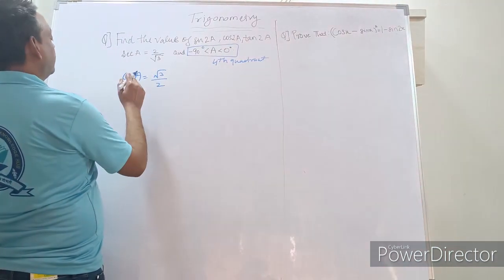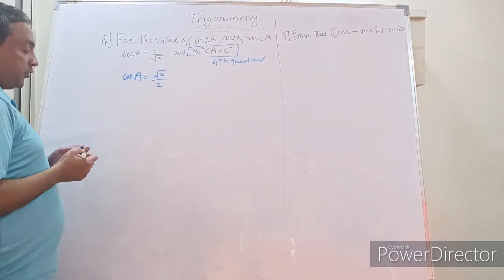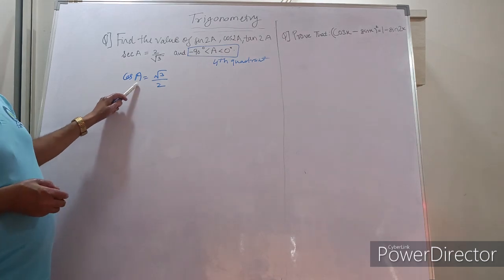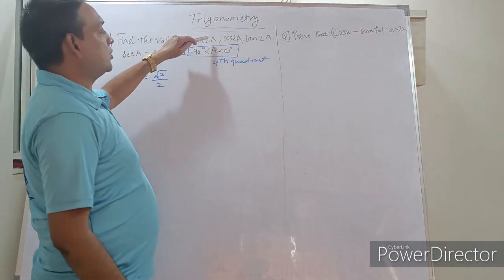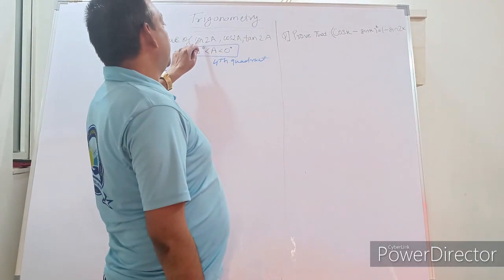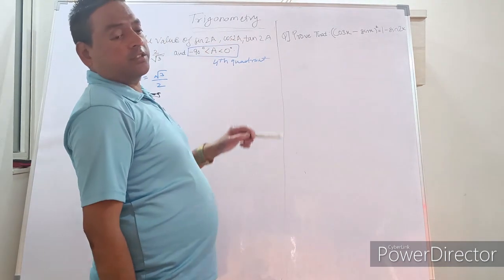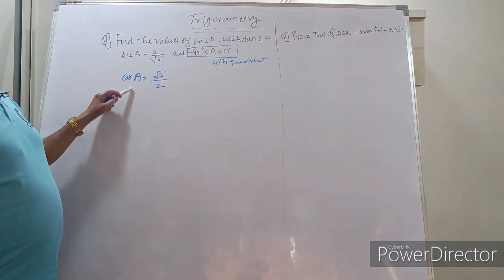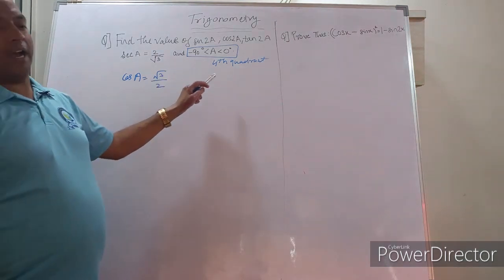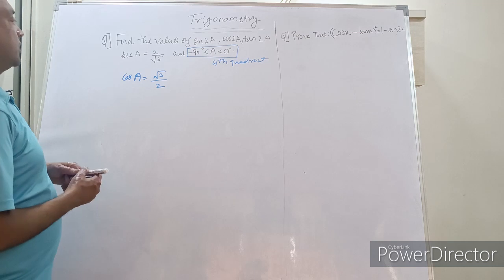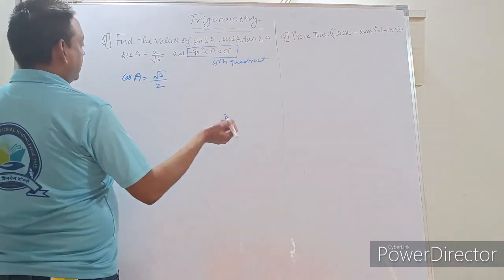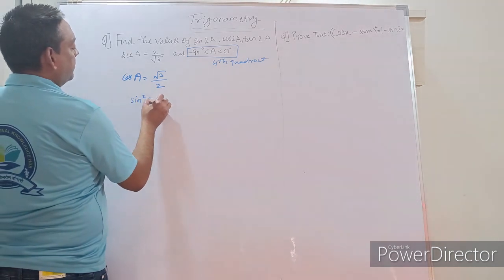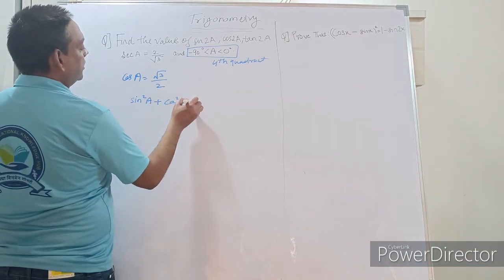Now from this, there are two methods. If you remember, we did in the beginning also, we can find out the other identities. To find out sin 2a, cos 2a, tan 2a, we need the formulas of sin, cos and tan a. So for that, either we can use the triangle method or by using identities. So let's do it with the identities method, that is sin square a plus cos square a is equal to